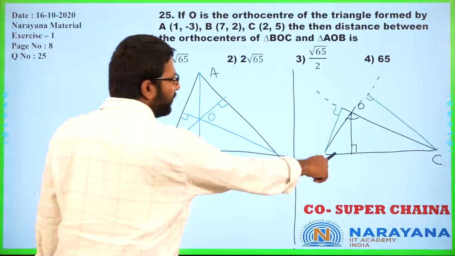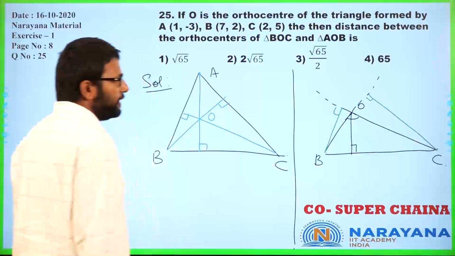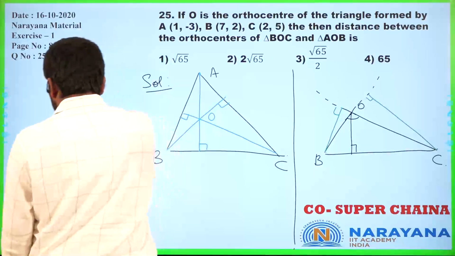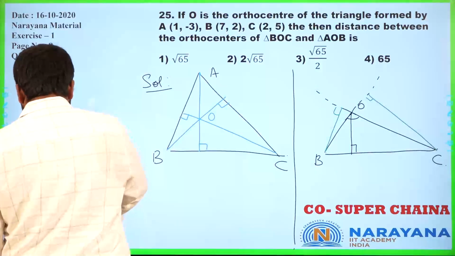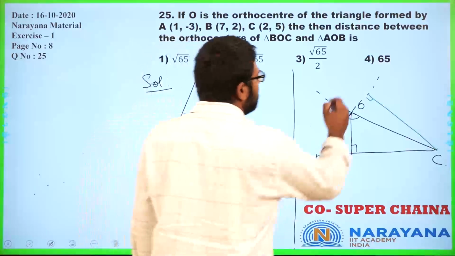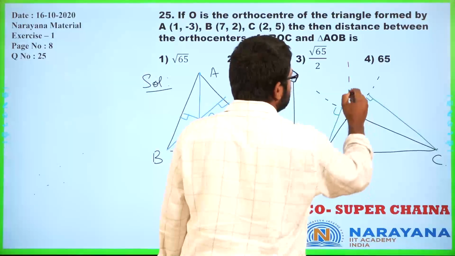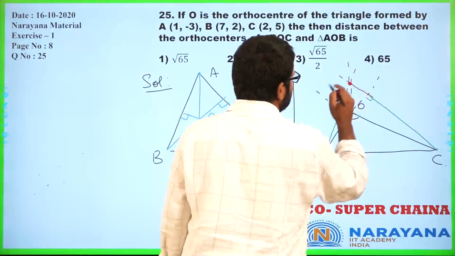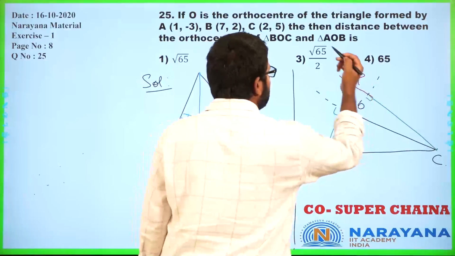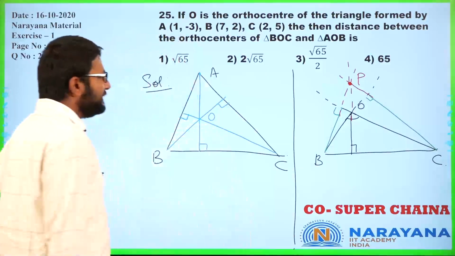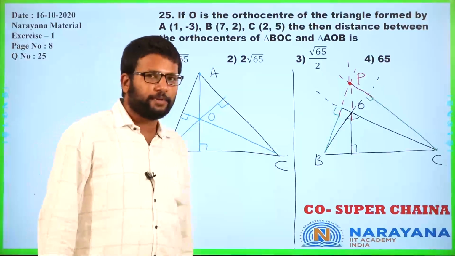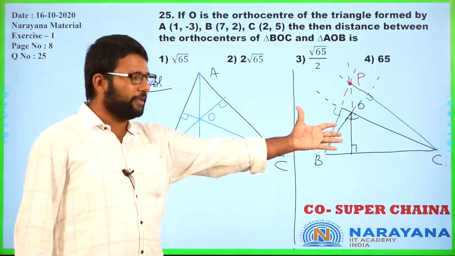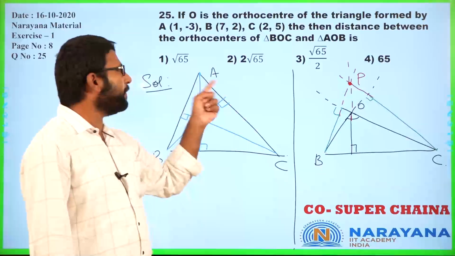Now we need to ask, where are these three altitudes meeting, right? Those three altitudes must meet somewhere. We need to find that orthocenter. So if I now extend these three altitudes, they are meeting somewhere, right? Call that point P. Is there anything special about point P? Observe these two diagrams. Do you realize I have drawn the same triangle? Which means point P and point A are the same.